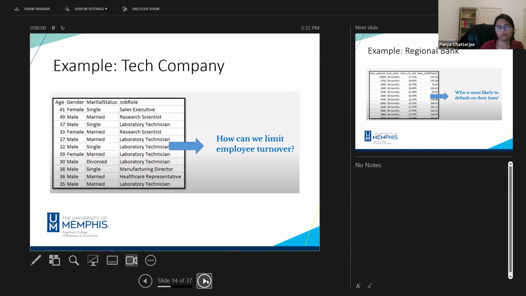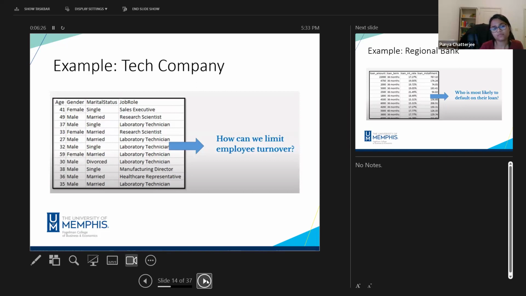So is it the job role? Is it the marital status? Is it the gender? Is it their age? What has the most correlation with leaving the job? It could be that people from a certain job role are leaving more than others. That means that HR should probably create some kind of events that can help make the job